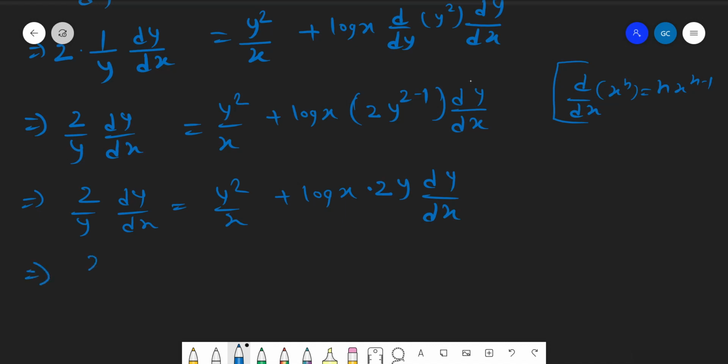So now it will be 2/y, and if we come here, we can directly take dy/dx out as common. This part will come here with a negative sign, negative of 2y log x. Then dy/dx is equal to y² by